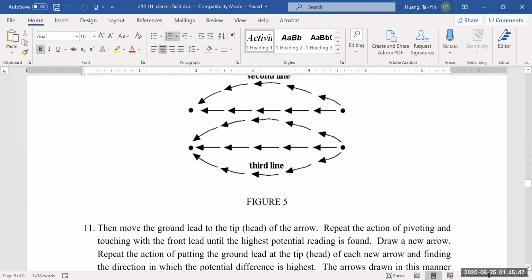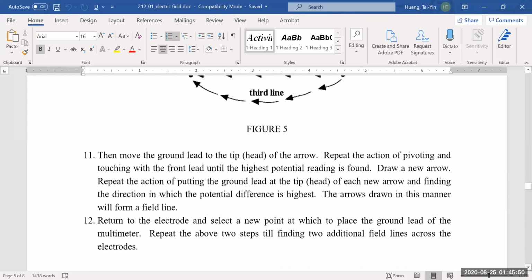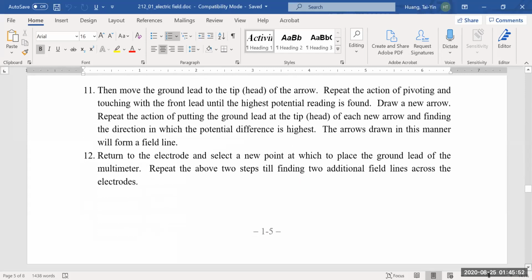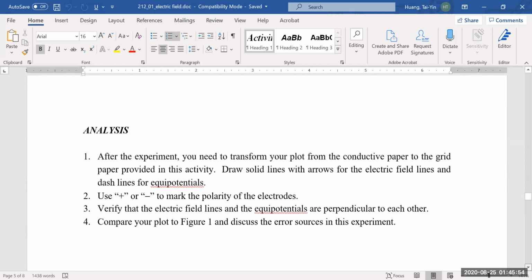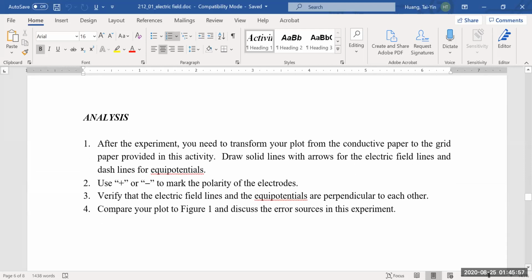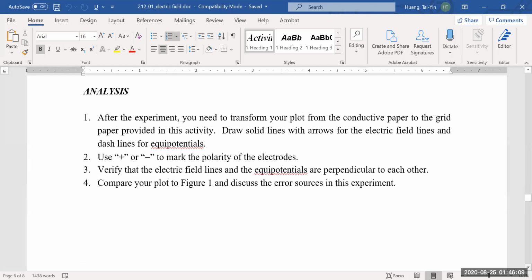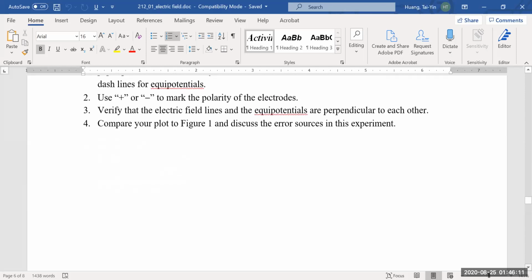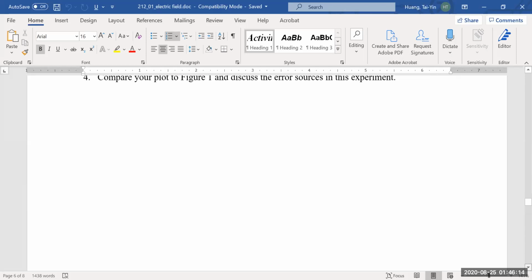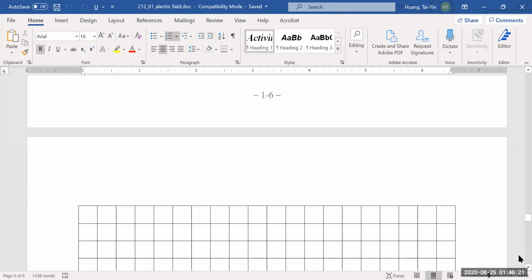And then you're going to find the equipotential surfaces by finding the points where they have the same value. So the experiment itself is very easy. There's really no calculation for this particular experiment. The analysis basically is that you will find the positive and negative, and you can read this stuff, but because we're not going to do this in the lab, instead what we're going to do is use an online simulation